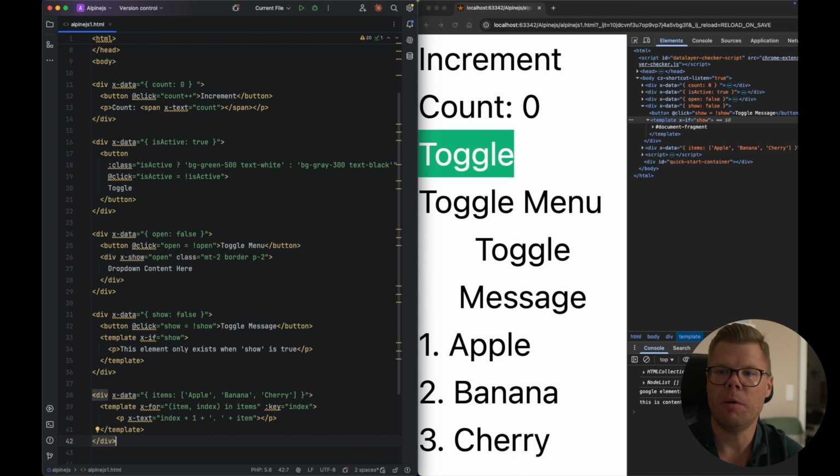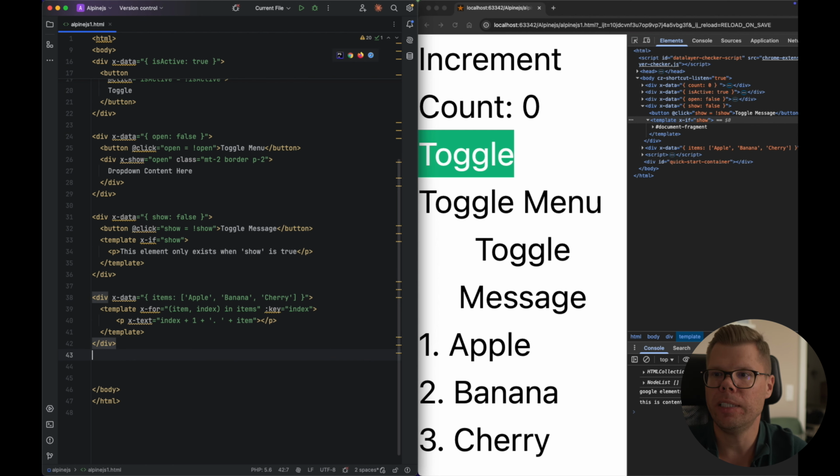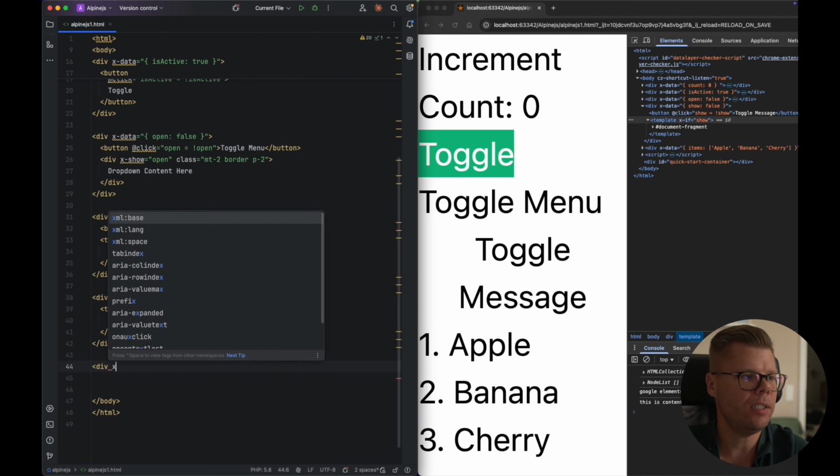So you see how powerful the x-for is if you are using Alpine.js, it's only one line of code, and you have this iteration by this array, and you are showing this directly on the front end. So let's jump to the x-model. Basically, x-model feels like magic from my point of view. It connects directly to the input field, to your data. And for this, let's also create the example, the div x-data,